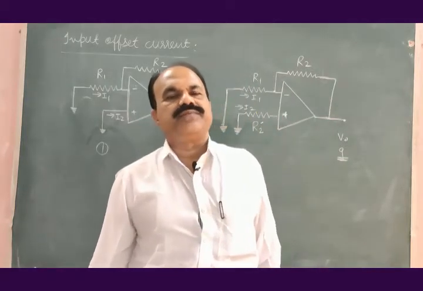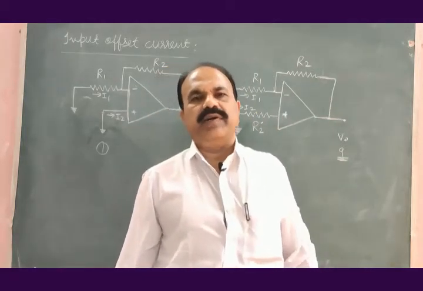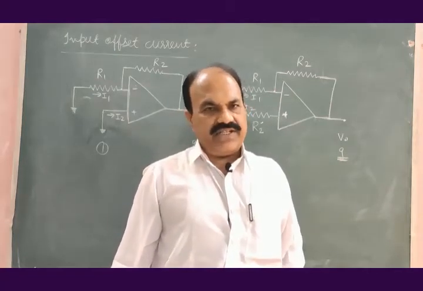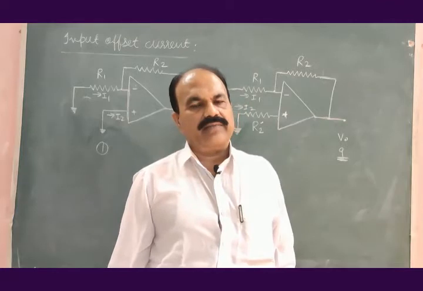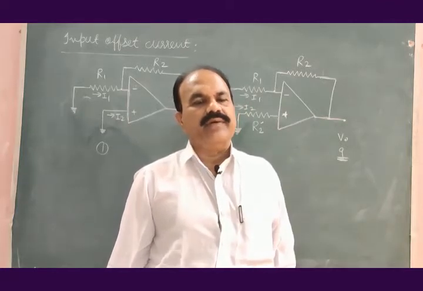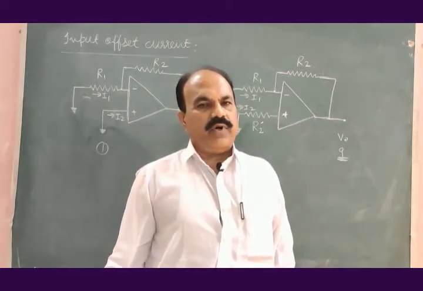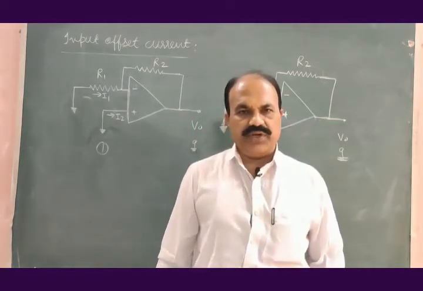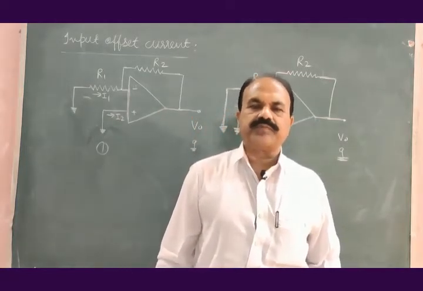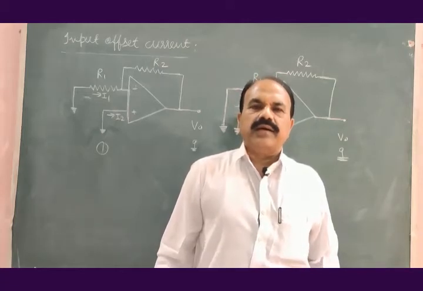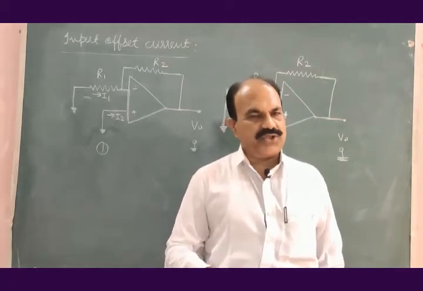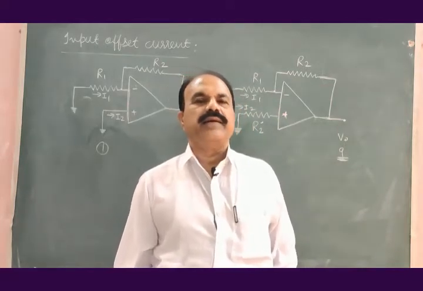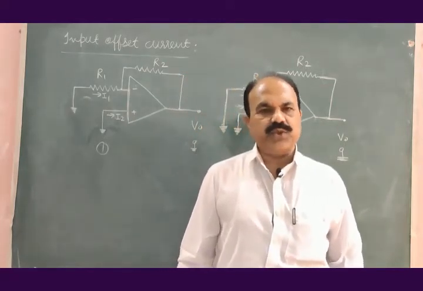Let us consider an ideal operational amplifier. As it is an ideal operational amplifier, output voltage will be 0 when the input voltage is 0, and therefore there is no question of input offset voltage. When there is no input,